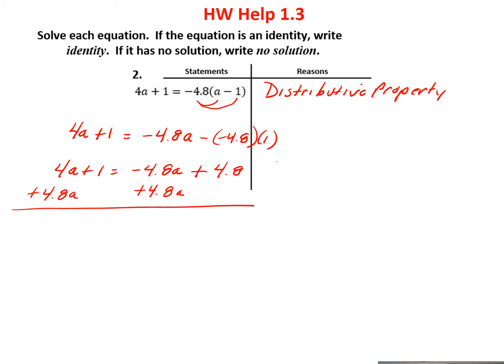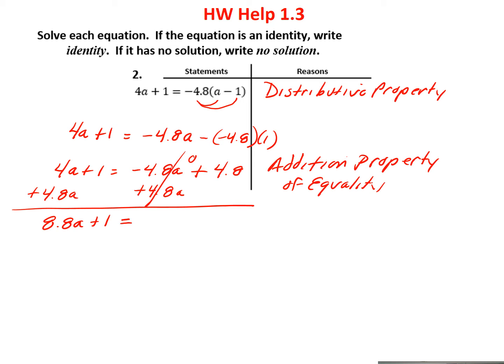And of course, doing this, I'm using the addition property of equality. Minus 4.8a plus 4.8a is 0. And over here, 4a and 4.8a add up together to give me 8.8a